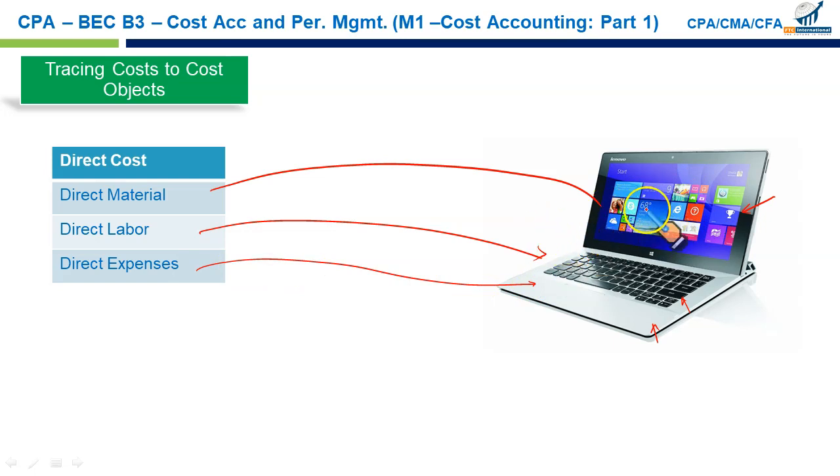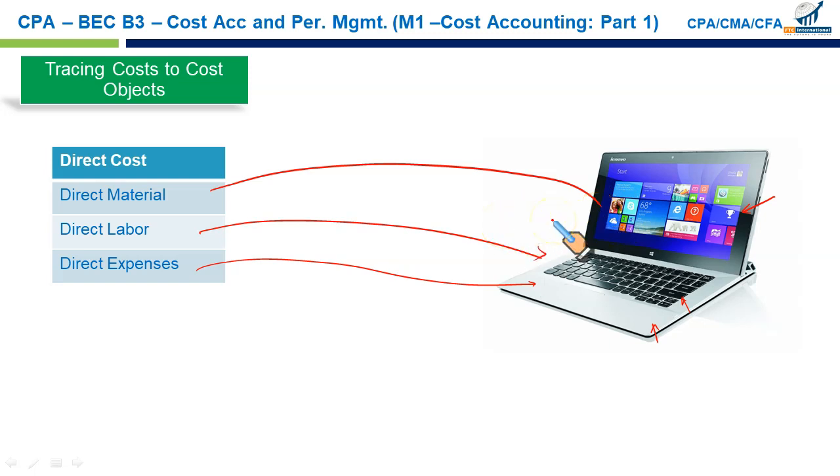So all these costs that can directly be traced to the end product without significant effort, or the cost that can easily be traced, identified with an end product, is called the direct cost in a simple, feasible, economic way. And remember, not only direct material, direct labor, direct expenses, remember the cost incurred to bring the material to a production facility, the freight in, is a direct cost. Deduct any discounts, if any.